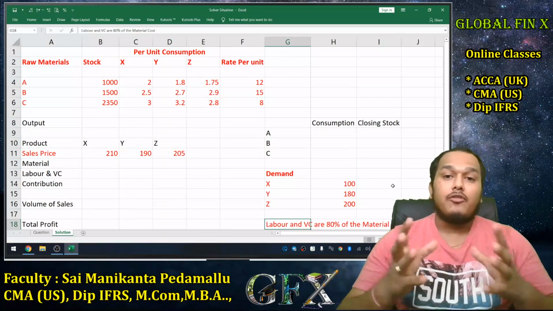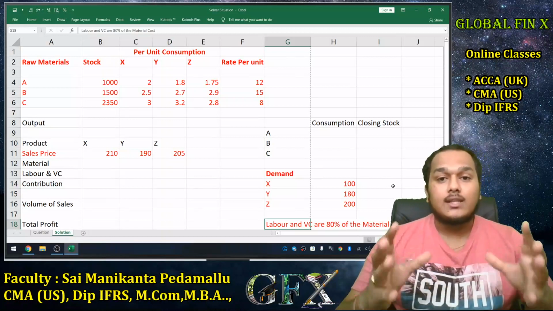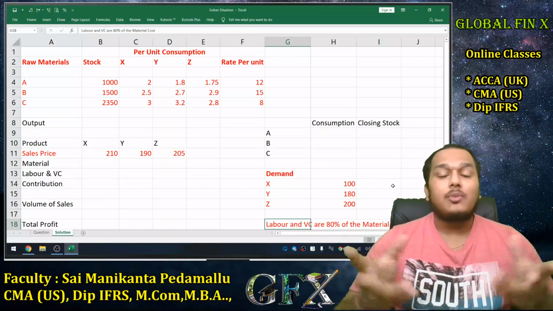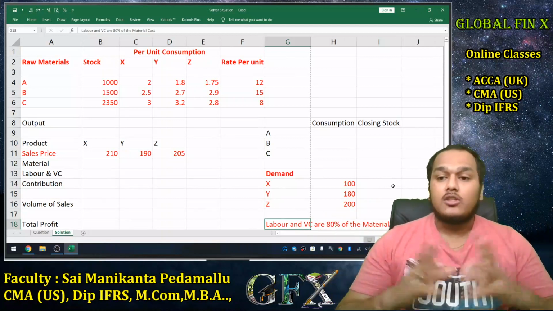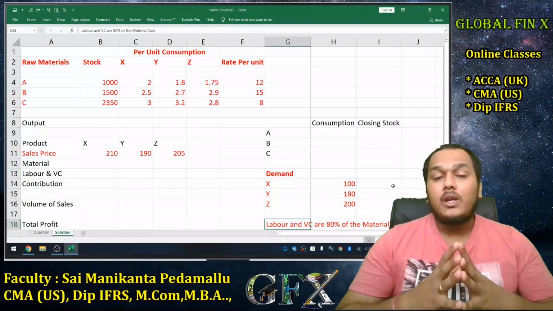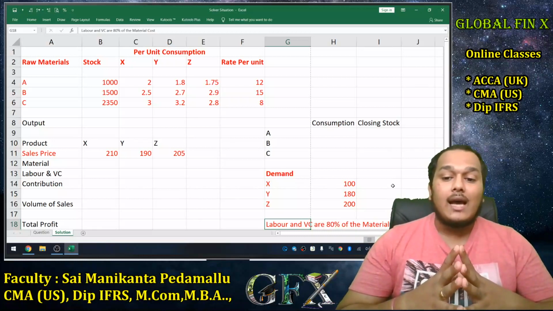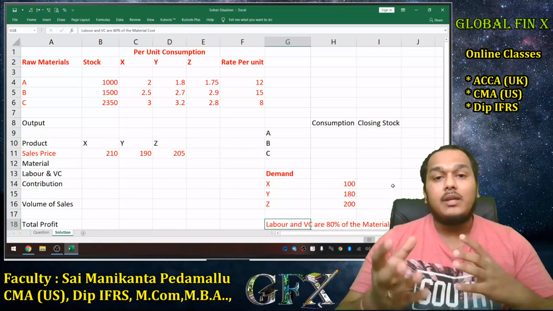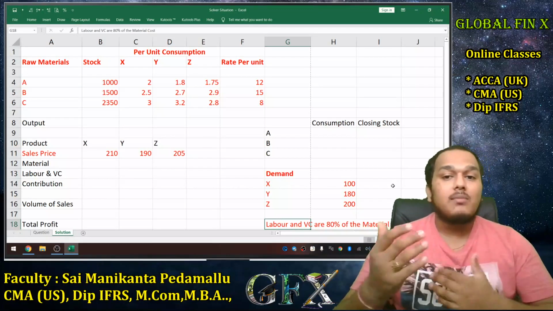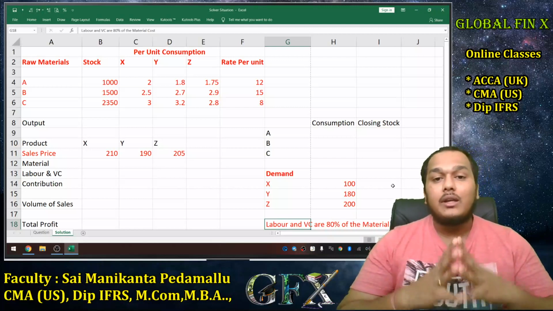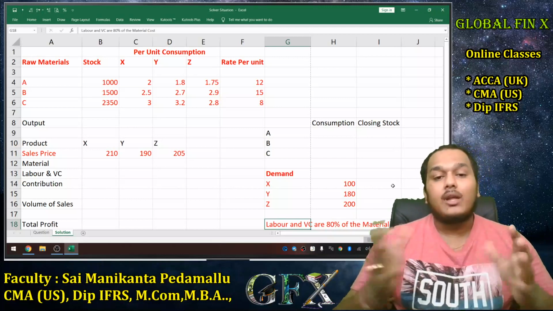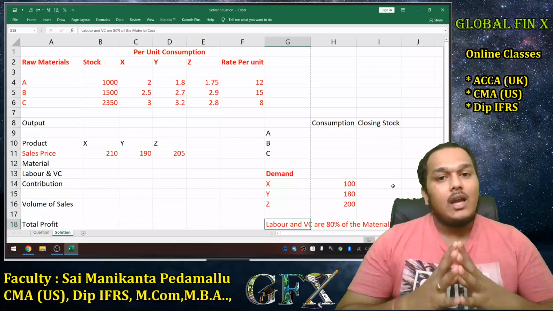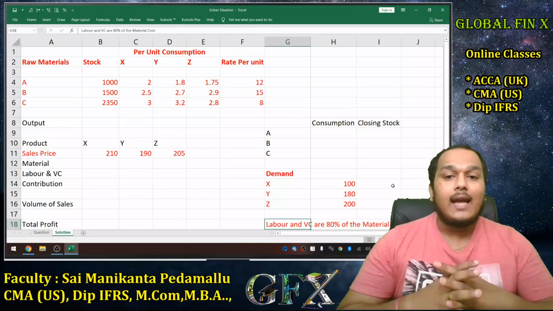Is because if you are already done with your costing classes, or if you have been involved with any of the management accounting or production functions or manufacturing functions, you should be knowing a concept called the theory of constraints, right? Where you have limited resources, limiting factors. So how to maximize our returns with the availability of limited resources. There is a concept relating to that. This is a practical example of that particular concept. Now, let's see how to solve this entire thing on Excel.